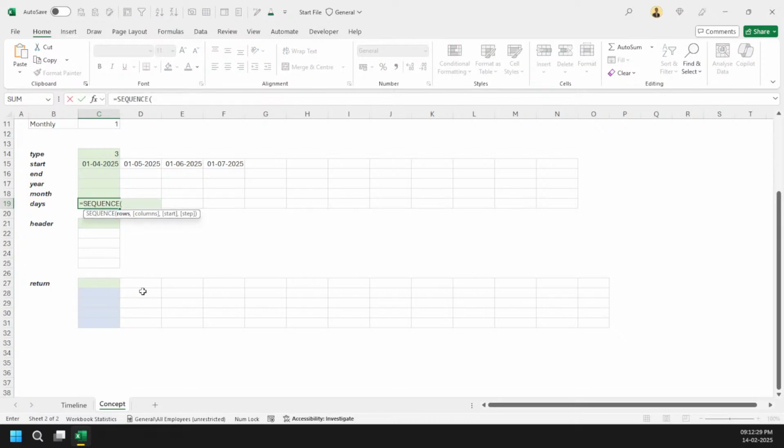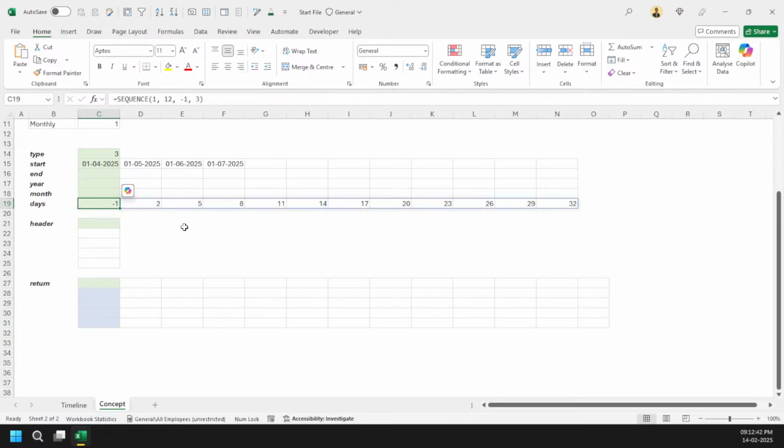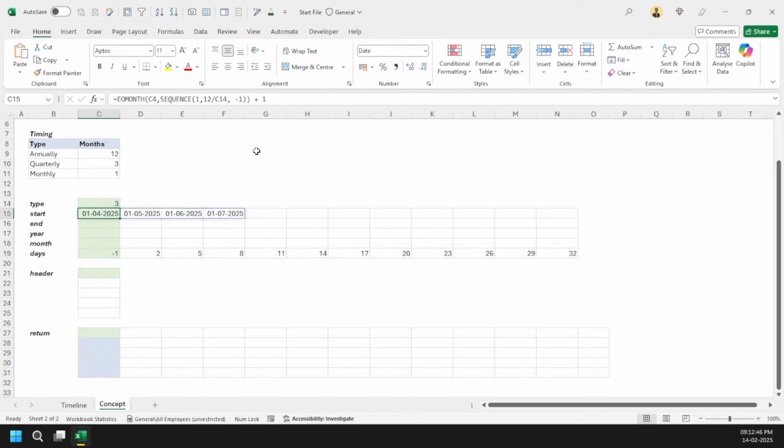If I do SEQUENCE, I just want 12 values, and let's say I start with -1, and then I go for a step of 3. You can see the values are stepping up by 3. So I can come here and just add the value 3. That's it.